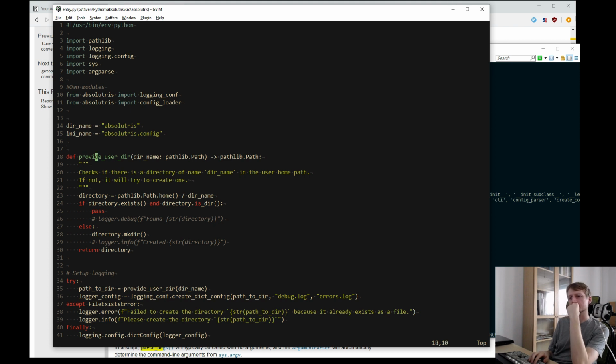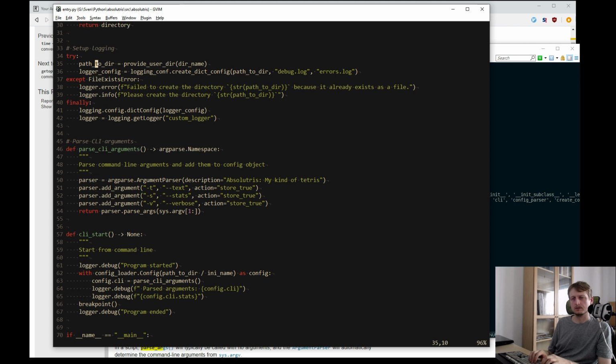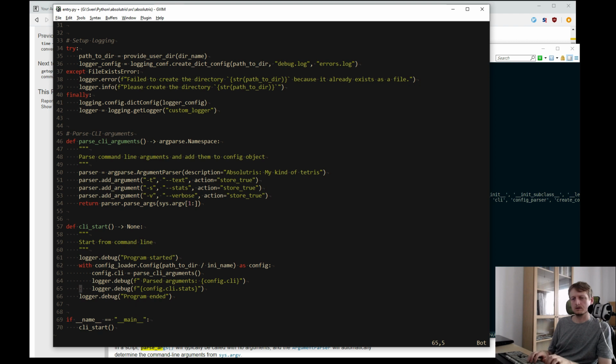And by that I mean maybe write these random numbers to a log file first, just to see that the logging works. Start, stats, so then can I import here?